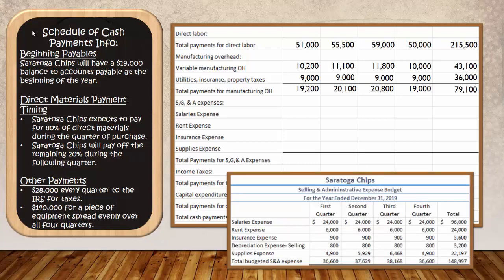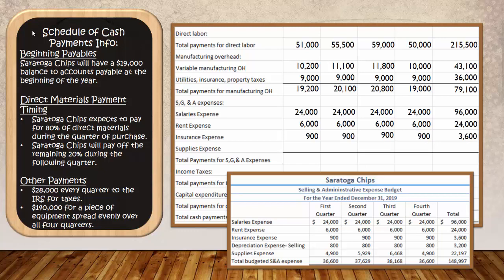For our SG&A section, we're going to need to go to our selling and administrative expense budget. According to our expense budget, we're going to pay $24,000 in cash for salaries expense each and every quarter, for a total of $96,000 during the year. For rent expense, we pay $6,000 each quarter, for a total of $24,000 during the year. For insurance expense, we're going to pay $900 each quarter. That's going to give us a total of $3,600 in cash payments that we have to make during the year